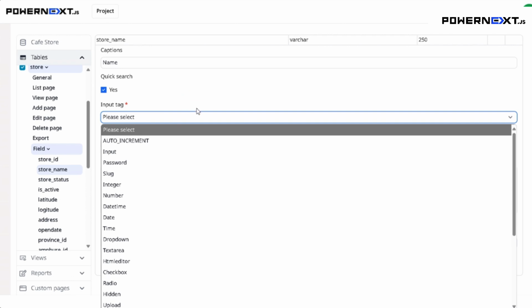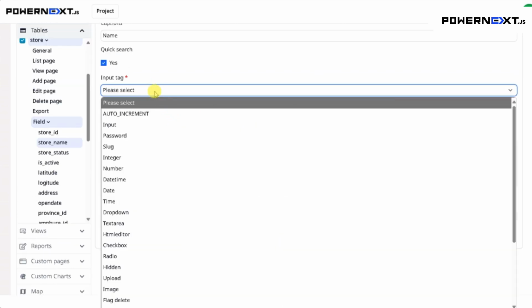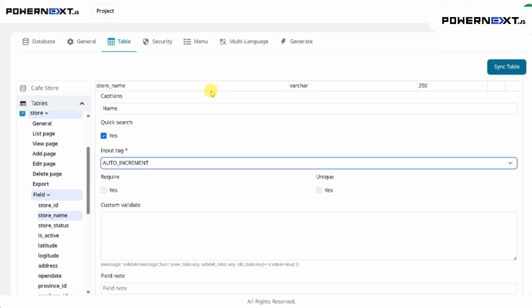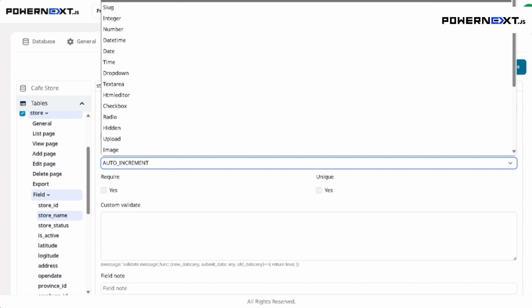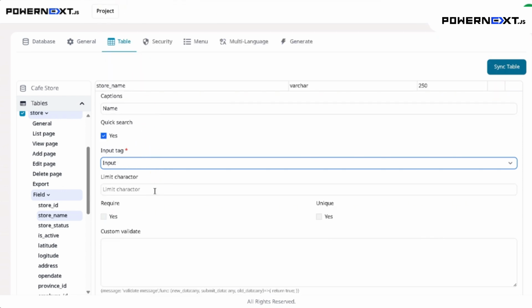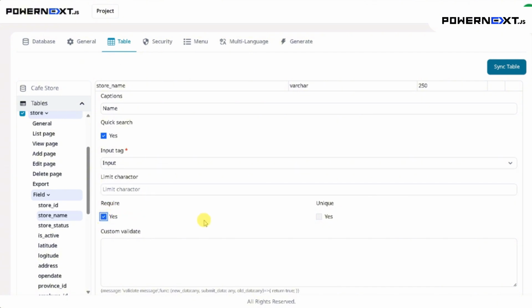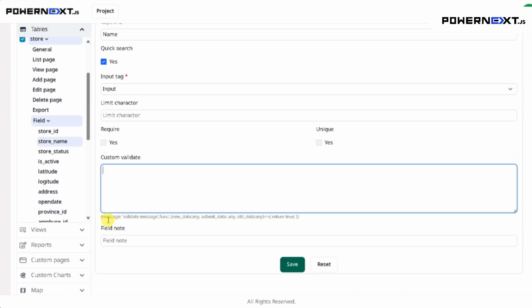It will be the input type you want to express. The input types we'll have are auto input, used for the field that is auto generated, which will cause this field to not display on the web page and not accept different values from the website. Input is a common input, can define character limits, define a regular expression, or check Unicode data. In case of needing validation other than these,